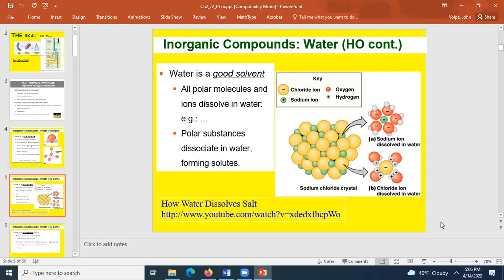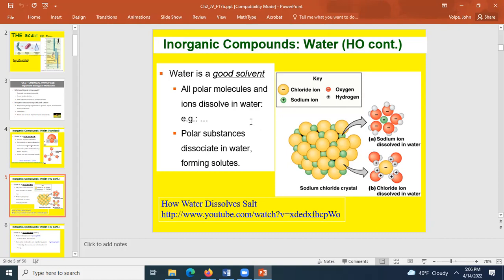The first property we want to talk about is that water is a good solvent. All polar molecules and ions dissolve in water. For a polar molecule, you can have something like sugar. As you know, you put sugar in your tea or coffee. Coffee and tea are mostly water, and you can just put sugar in water and it'll dissolve, because sugar is a polar molecule. Ions also dissolve in water. An example is you put salt in water. The salt will dissolve and